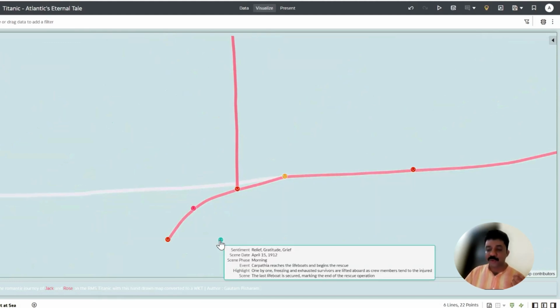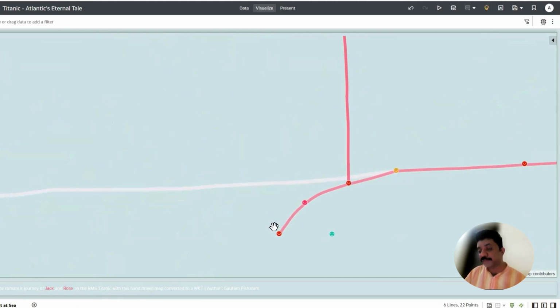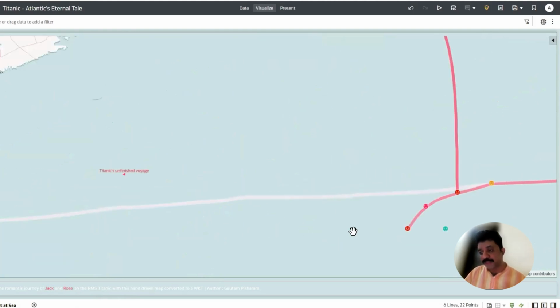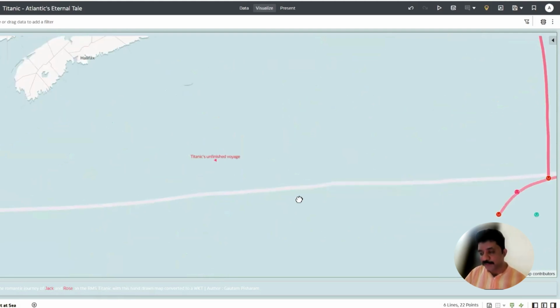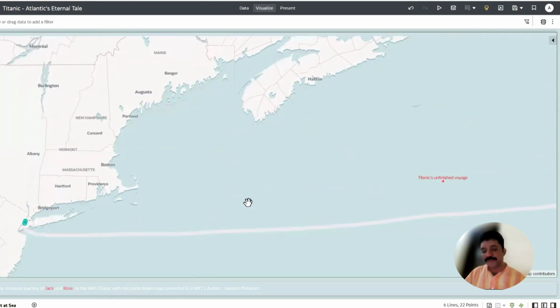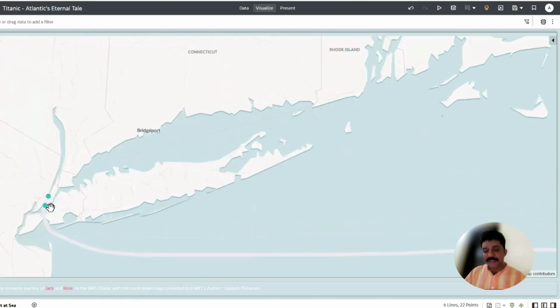Then you also have the geotagged information of where Carpathia was spotted and where it rescued all the different survivors. And we have also included the route map of the unfinished route, which is basically what Carpathia did. And then, like you see,